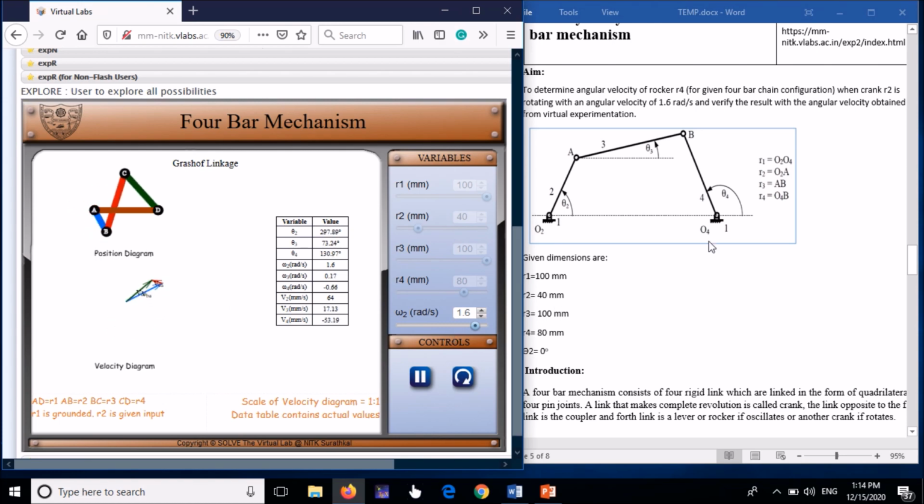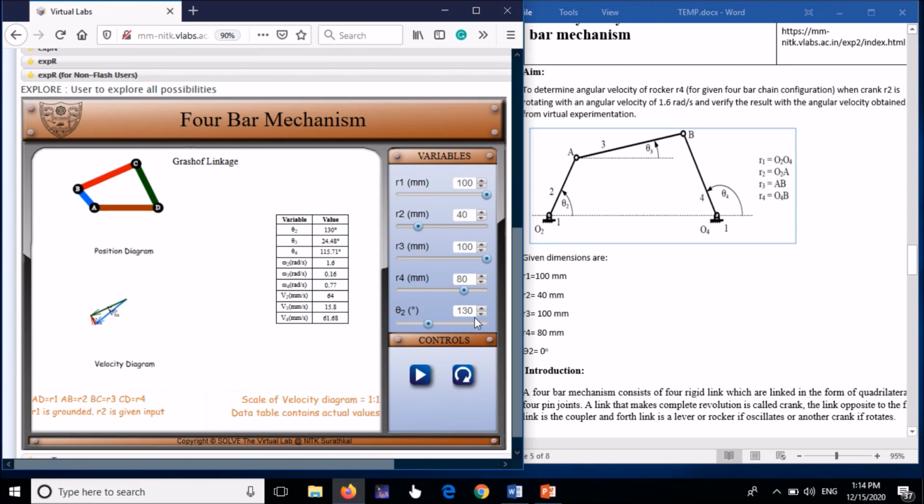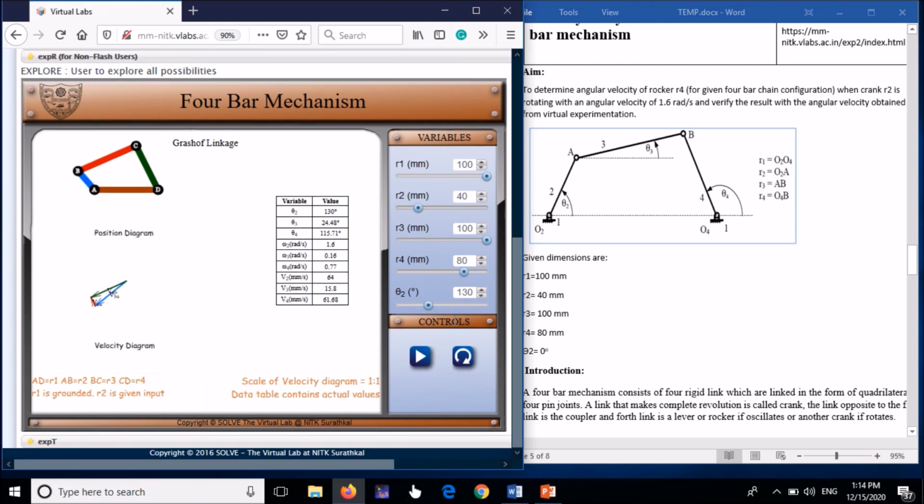different angular velocity of link 4. So here you can see the angular velocity of link 4, that is omega 3. This omega 4 is the given angular velocity. This is what you need to calculate. Now you require it at a particular instant, that is when theta 2 is equal to 0 degree. For that what you have to do is just pause it and give the value of 0 degree here. Theta 2, here you can see it is written 130, just change it to 0.